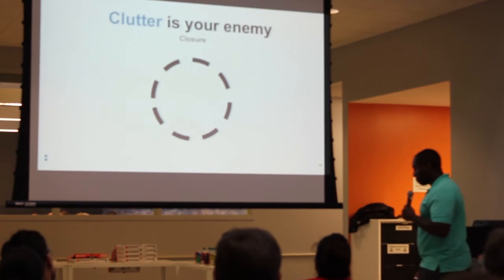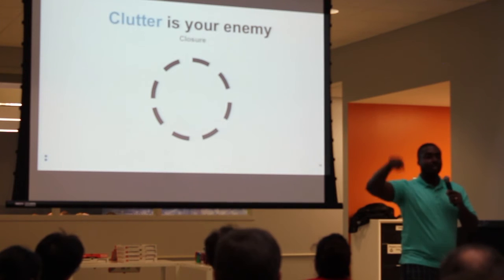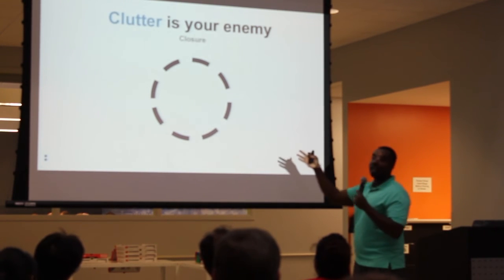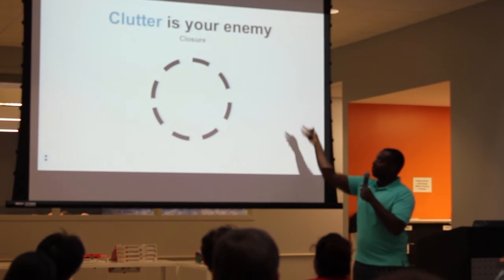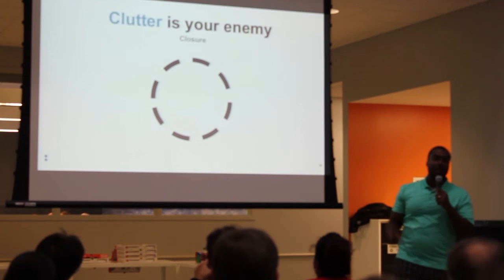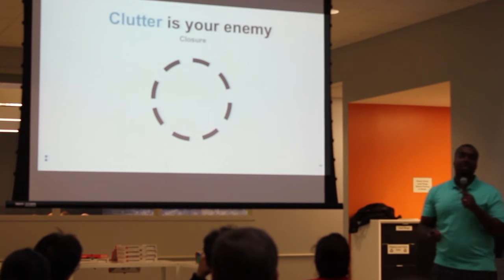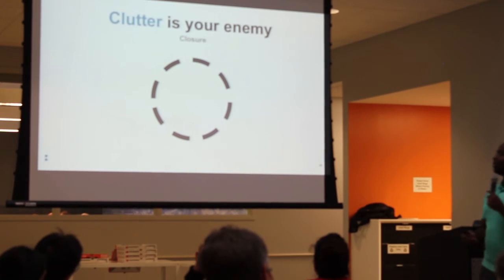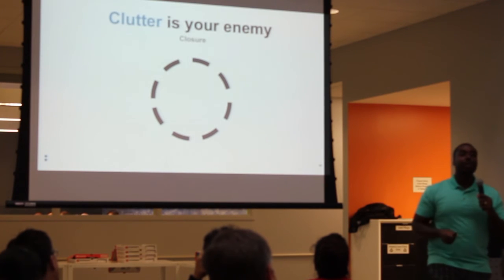Closure. And this principle just talks about the fact that we tend to close things up. And if I asked you what this is, you probably wouldn't say 8 lines that are curved a little bit. You'd say a circle, because you naturally just kind of close up the loop. And so this kind of helps you remove clutter because it means that you don't have to always have straight, bold lines. You can have dotted lines, you can just remove the lines sometimes, and our brains will naturally just close the loop.